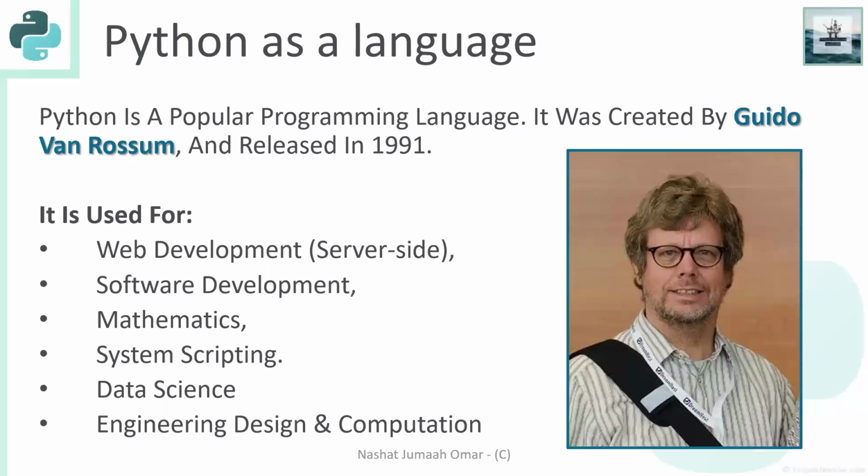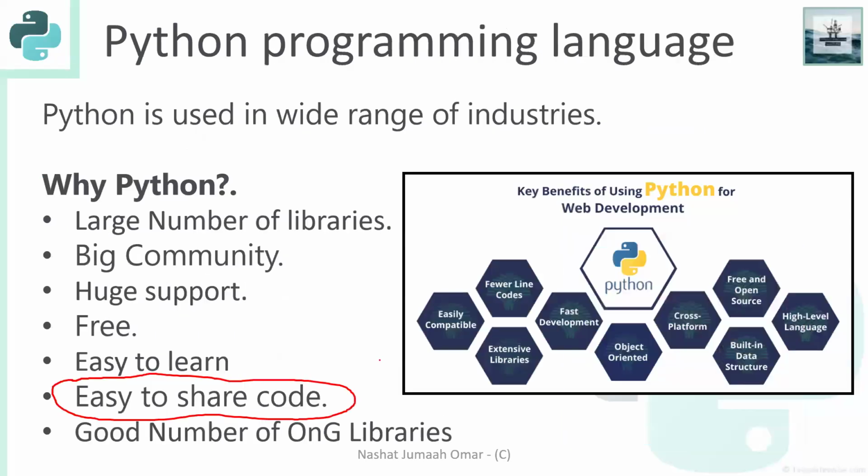People use this for software development to create different types of software. People use it in academia for mathematics instead of MATLAB, because it's free and easy to use. It's everything that you want. Lots of people use it for data science. Data science is a big umbrella that contains data analysis, data visualization, data handling, data manipulation, and all of these things. Plus, you can use it for engineering and computation designs and many other things.